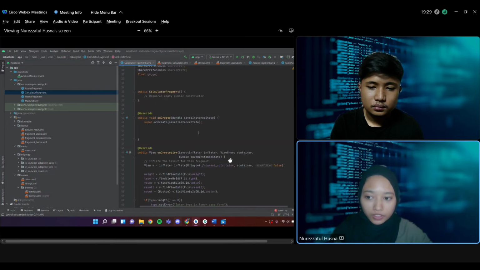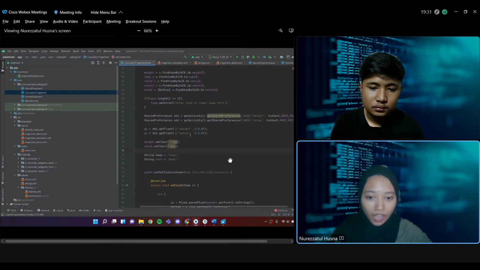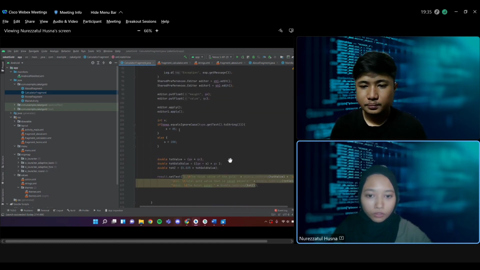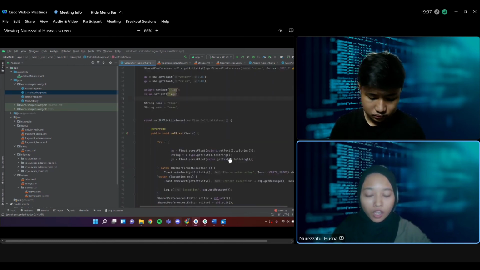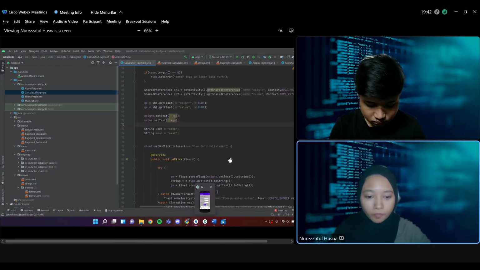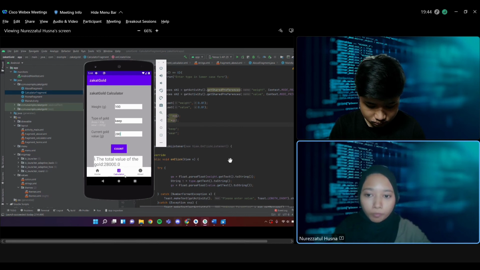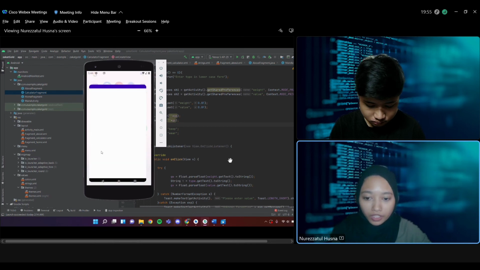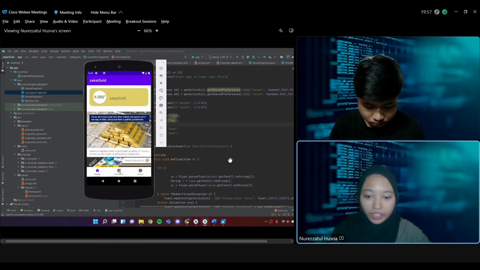Inside this calculator fragment class, I put the calculation and also the shared preference. Shared preference is where, when the user puts input inside the input field and then closes the app and reopens it, the input value the user entered before will still be shown.